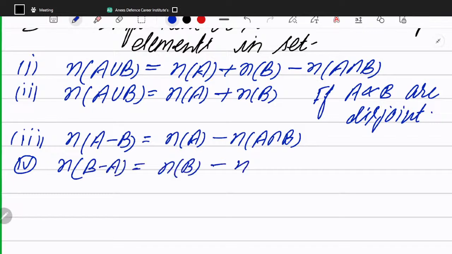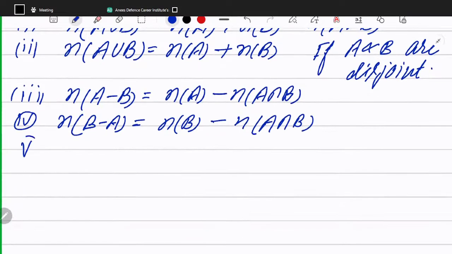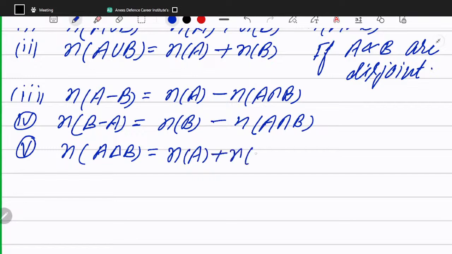Then n(B minus A) is equal to n(B) minus n(A intersection B). The fifth one is n of the symmetric difference of A and B is equal to